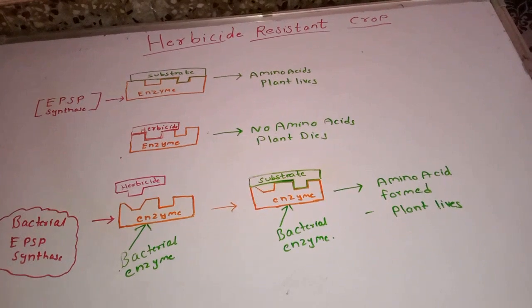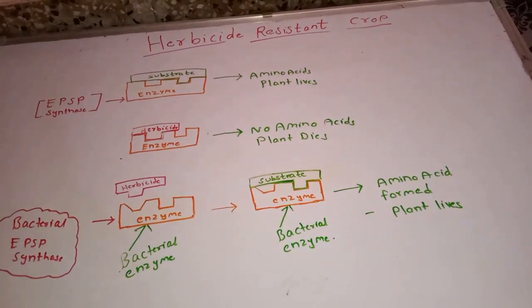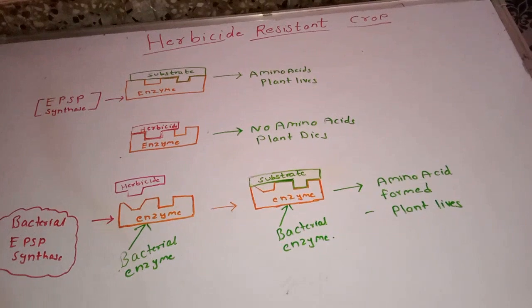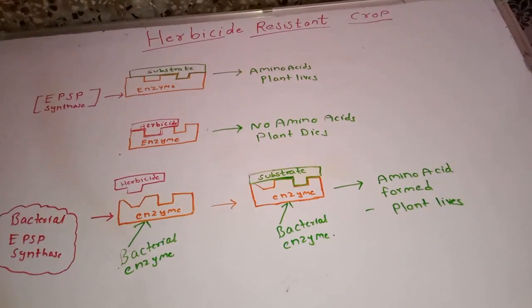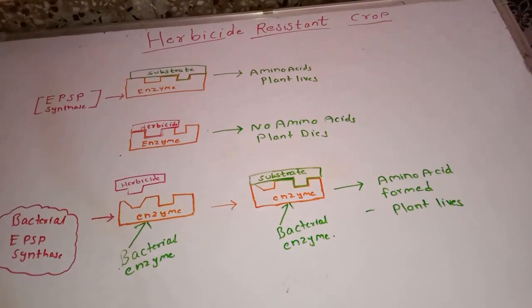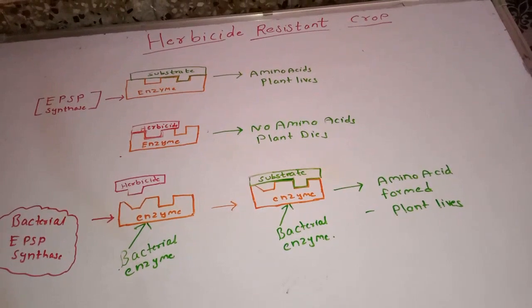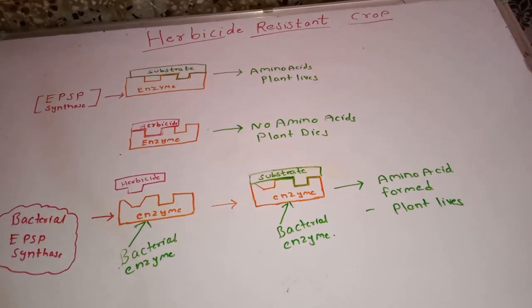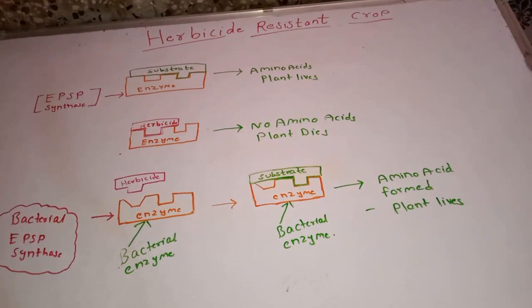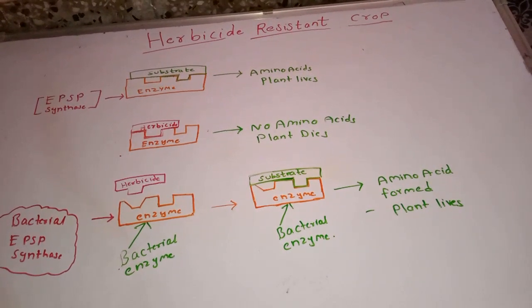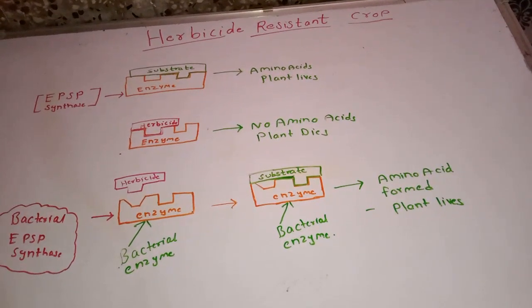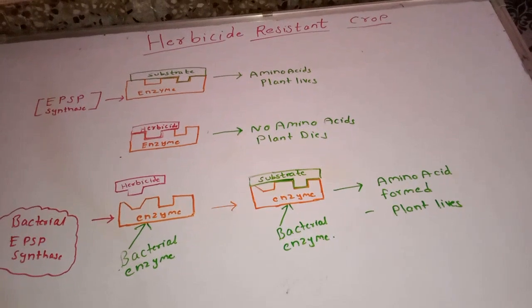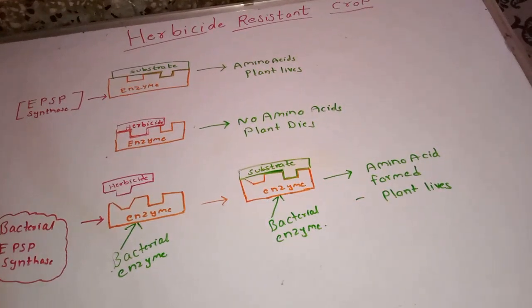We take the part of bacterial DNA which is responsible for the synthesis of the EPSP synthase enzyme, and with the help of recombinant DNA technology, we introduce it into the plant. The plant is now able to produce both its own EPSP synthase, the plant enzyme, as well as the bacterial enzyme. If the plant enzyme is inhibited by the herbicide,